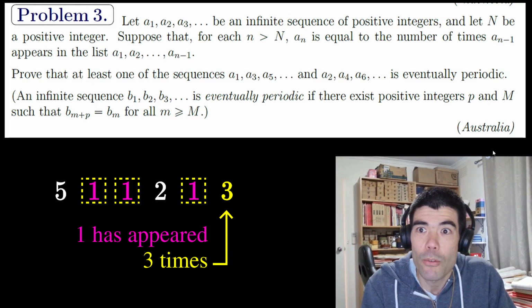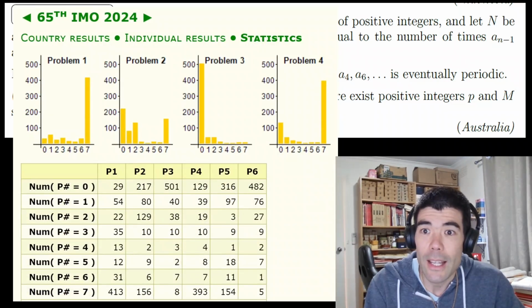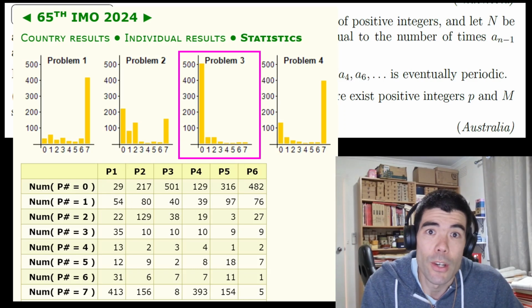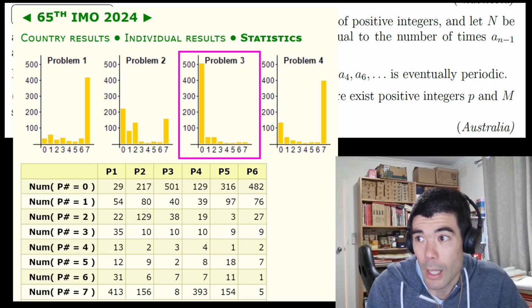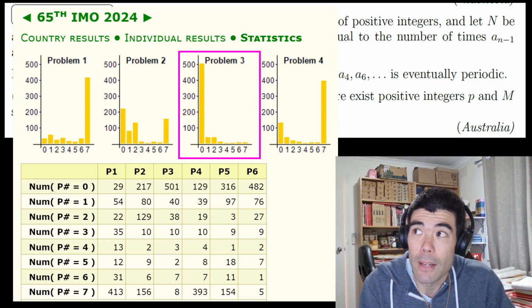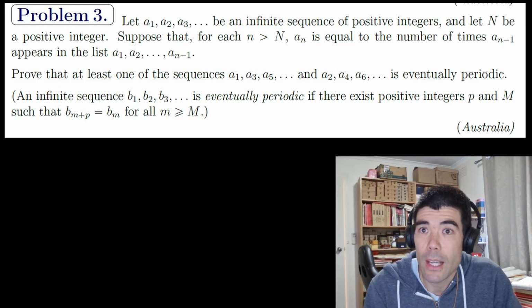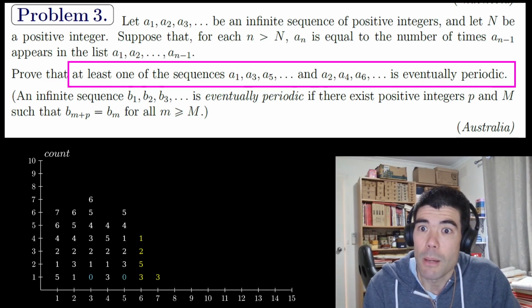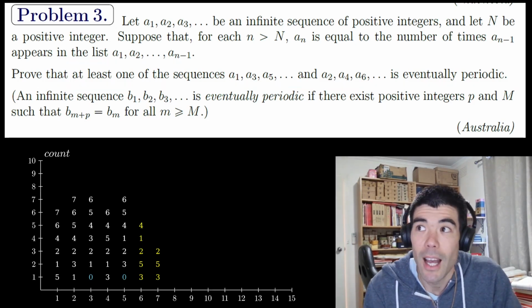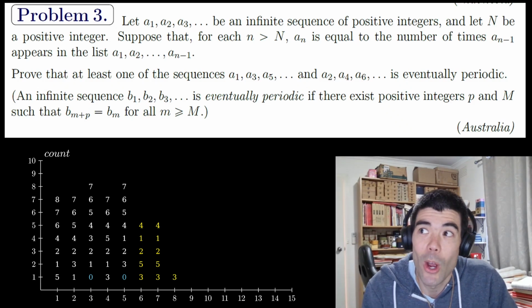But this is problem 3, so it's the final problem on day 1 and the most challenging. Looking at the statistics, we can see that the vast majority of competitors scored 0 on this problem, and only a handful were able to score more than 4 out of 7. We need to prove that every second term in the sequence is eventually periodic, meaning that the same subsequence is going to repeat forever. I had a lot of fun thinking about this problem, so I hope you will enjoy